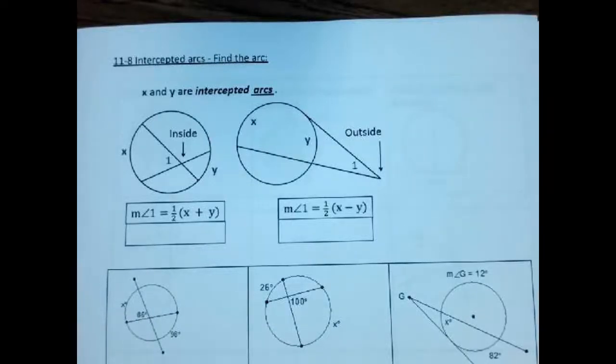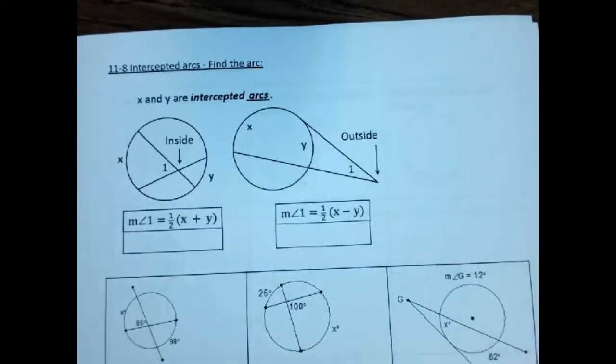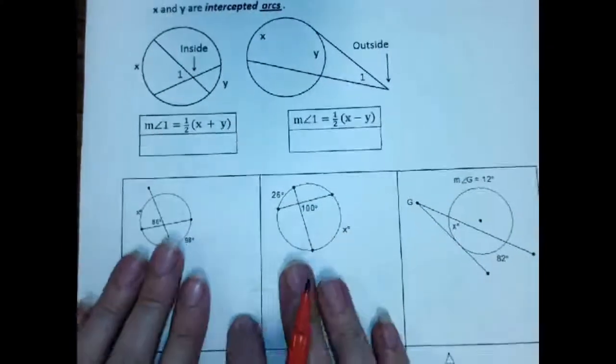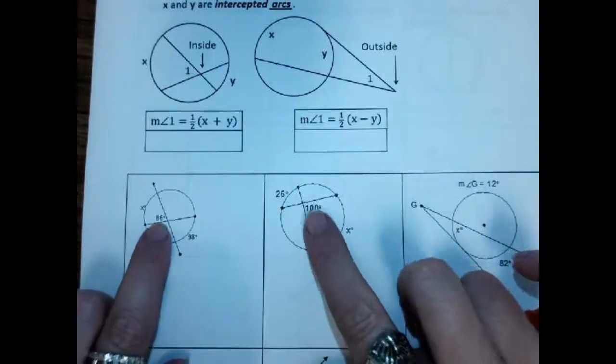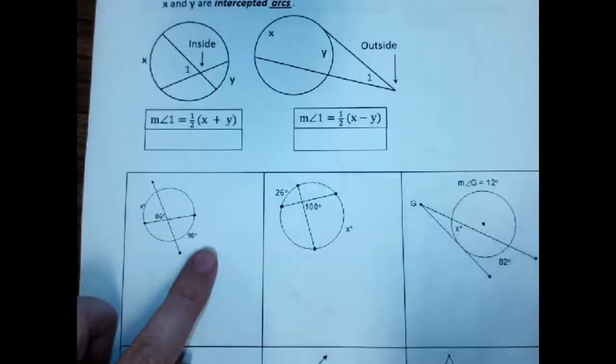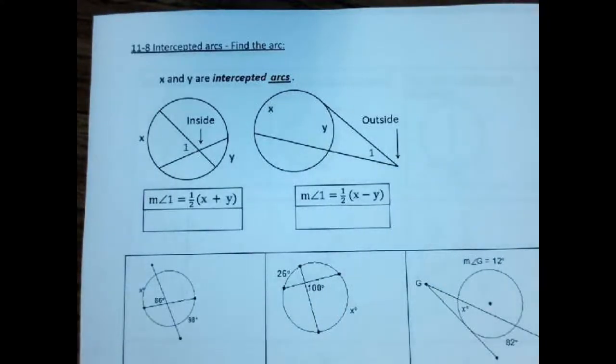Okay, now we're going to use the same formulas we had on the other side, but now we're going to be looking for the arc instead of the angle. Notice down here on these pictures, these are different because last time I was looking for the angle in the middle, and this time I'm looking for an arc on the outside. So these are the same pictures and the same formulas we had on the previous page,